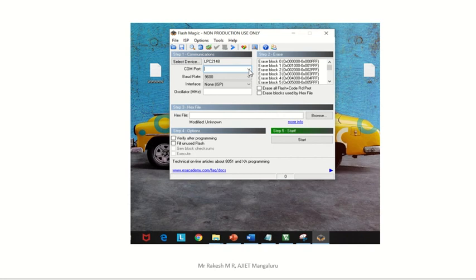Whichever you are getting in the device manager, that COM you have to select here, because we need to communicate between this PC and your kit, so a communication is required. So we have to select the communication port that is visible in the device manager.